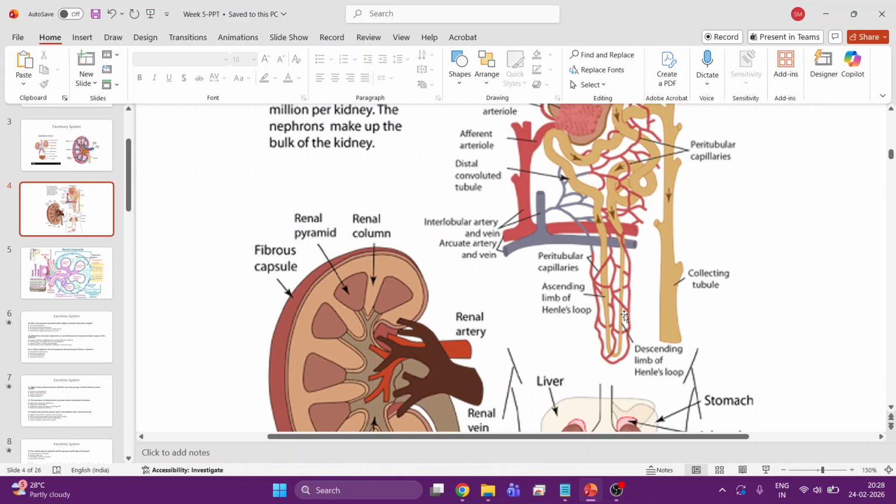So the descending limb will reabsorb water. The ascending limb no longer has any aquaporins. So instead, it has transporters that allow for solutes, ions, right, salts to be taken up from here. So then what is happening to the filtrate during that process? First, it was concentrated, but then we removed a lot of solutes also. So then it is effectively diluting it. So you have these two balancing